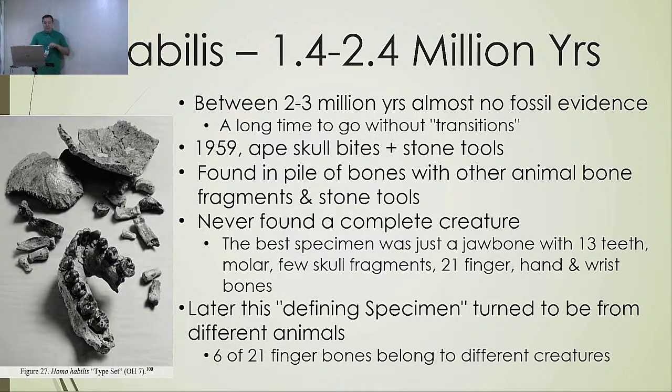They never found a complete creature. They found 13 teeth, a molar, a few skull fragments, 21 fingers, hand, and wrist bones. And later this was described as the defining specimen, but later was found to be from different animals. 6 of the 21 finger bones belong to actually different creatures. So basically, almost a third of the bones that they found that said came from one creature actually were from